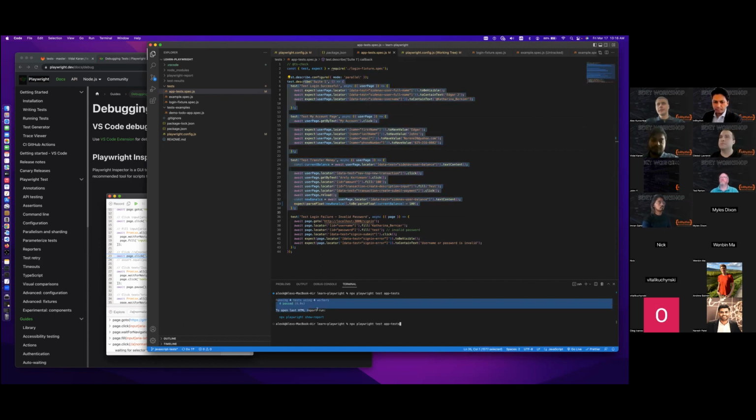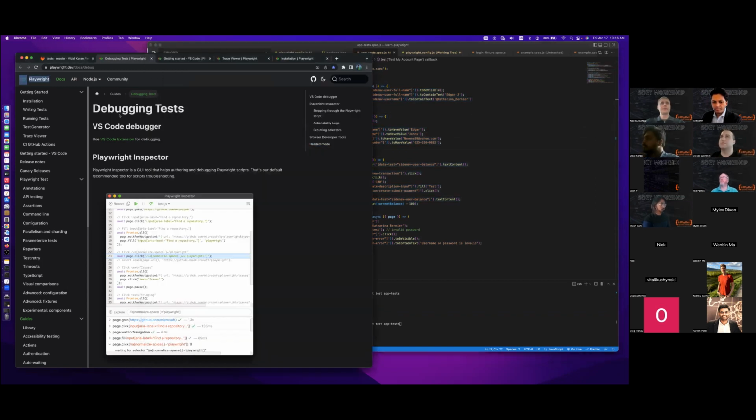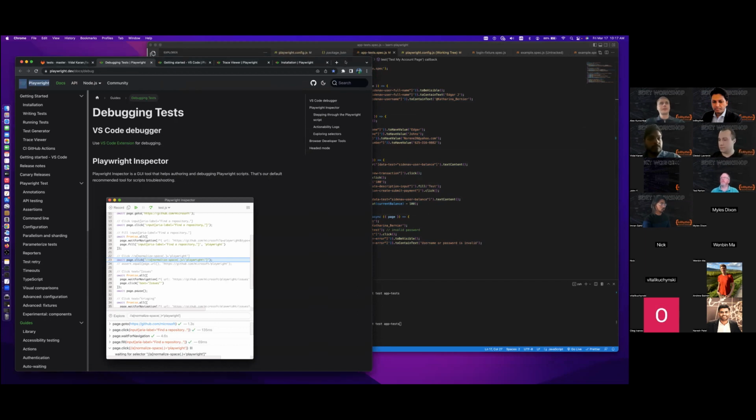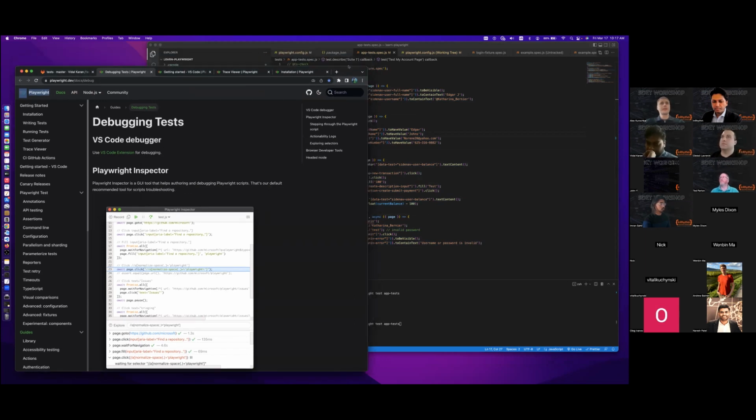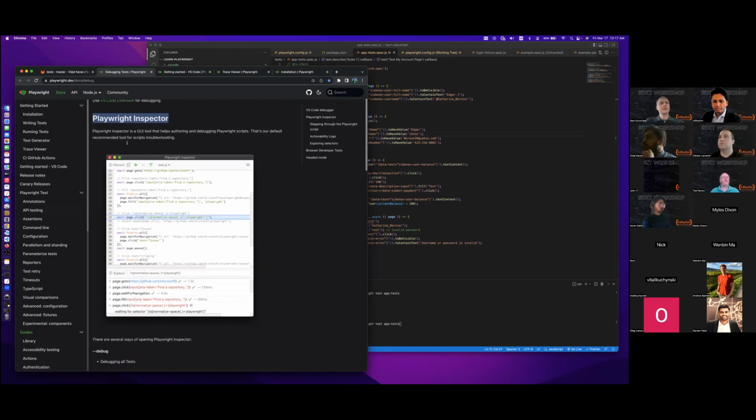I just ran them, and I'll be going through 3 separate tools to do the debugging in Playwright. Each tool has its separate detailed page in the Playwright documentation. The first one would be Playwright Inspector. It's a default debugging tool for Playwright, which comes with the Playwright bundle.